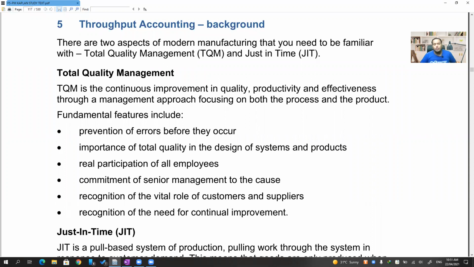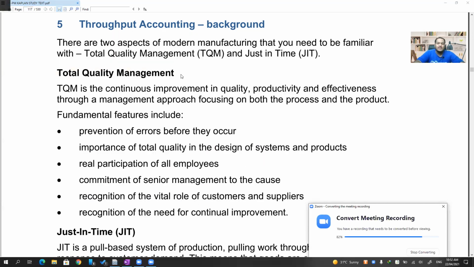Okay. So throughput accounting. Usually I tell a story for throughput accounting. I guess one or two people in this batch might have already heard it. Maybe Azim and Tejasvi might know that theory of constraints related story. But anyway, this is a fast track batch, so I'm not going to entertain with stories. I'm going to directly jump into the concept.